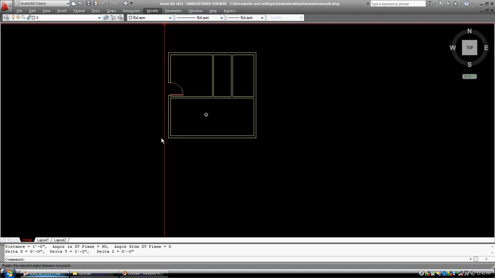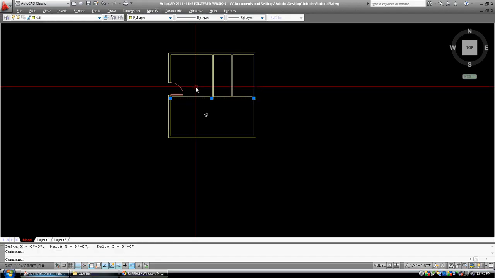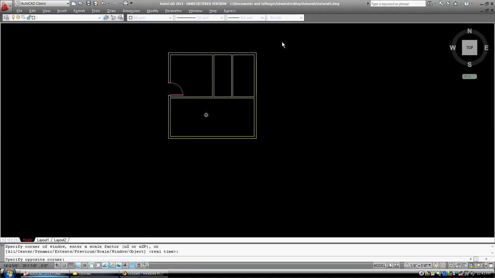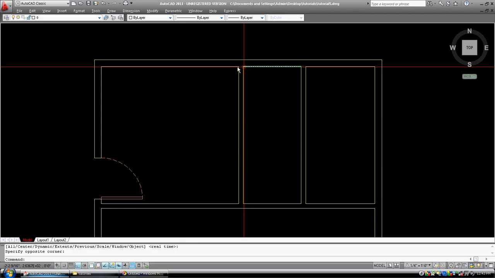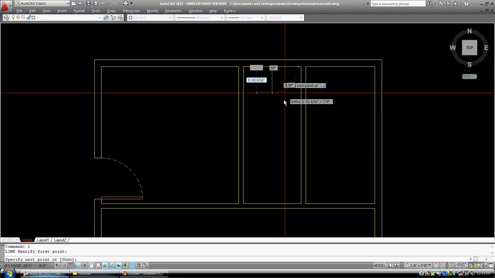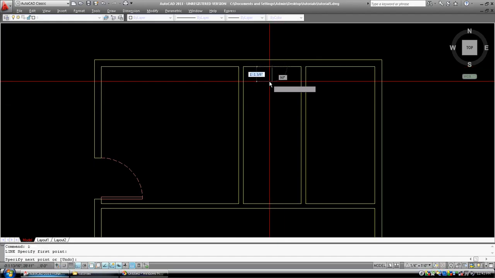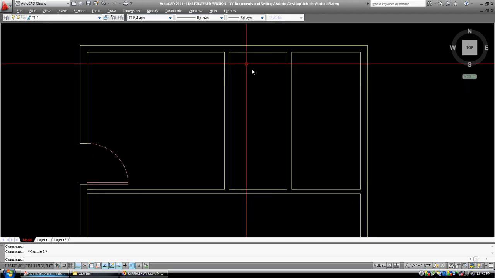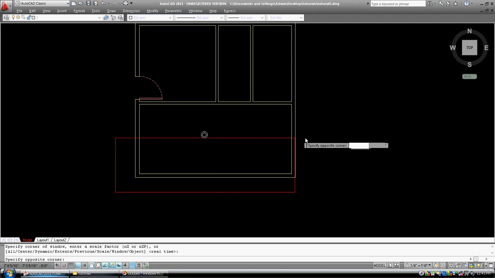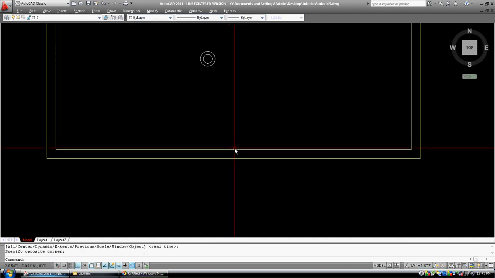Stretch, lengthen, trim, extend. Break is a good one. I don't use break a lot because you can see what I do here. I trim these lines, and so now when I want the center of this line, so if I want to draw a line and I to center, it's already been broken into its component parts. But down here on this long wall or this long line,